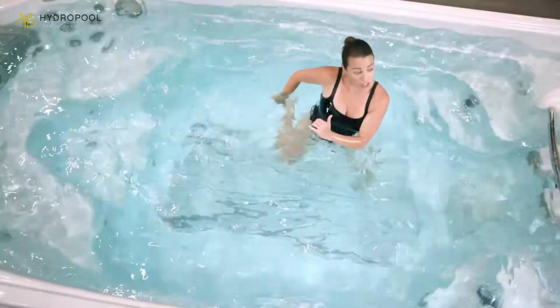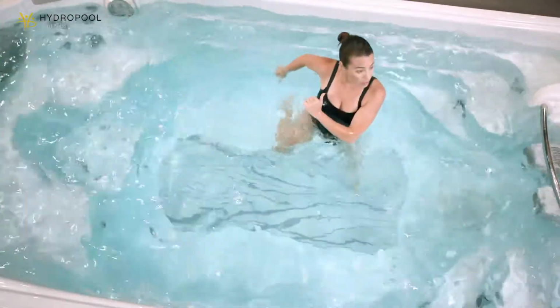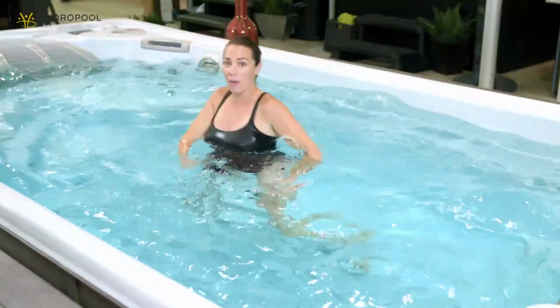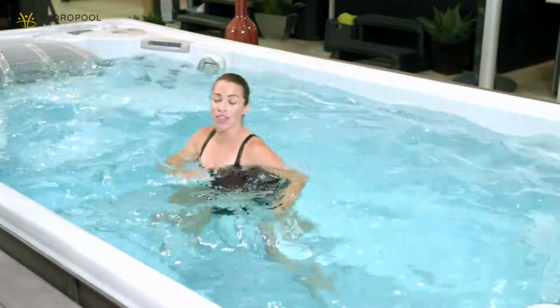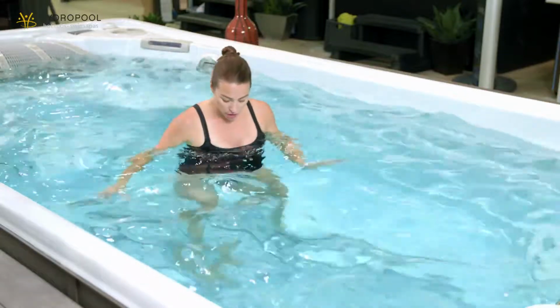Again, the goal here is to start to increase the heart rate. It will start to feel a little bit uncomfortable, but listen to your body. Couple more. Good. Now, keeping with this theme of hopping and bouncing from side to side, we're gonna shift the body weight